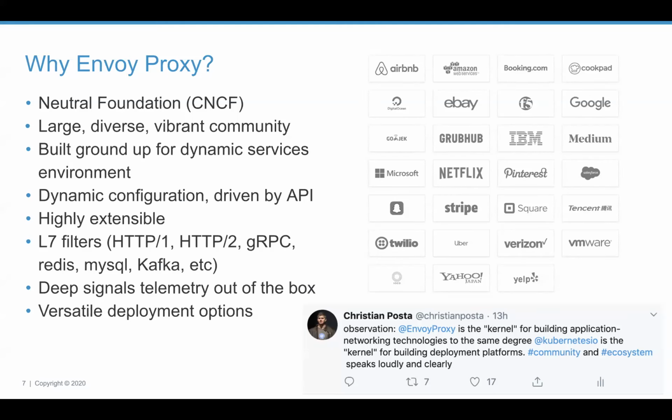One last thing to touch on here, we see that because of this, the ability to extend it and the large community, Envoy is moving faster than any other product on the market. And we think that velocity and that gap is going to increase over time with the advent of a new technology called WebAssembly, which the Envoy community is looking at as a way to unlock the ability to customize